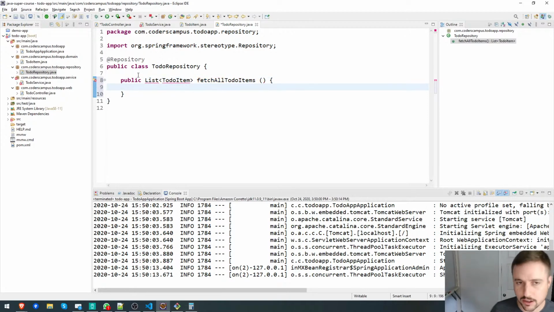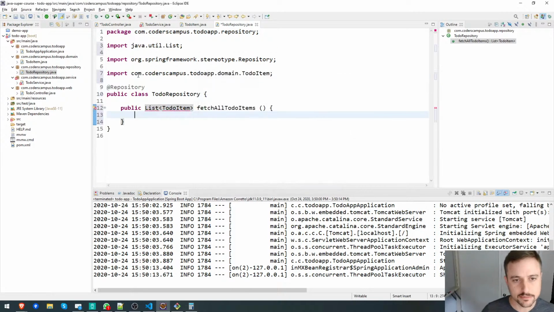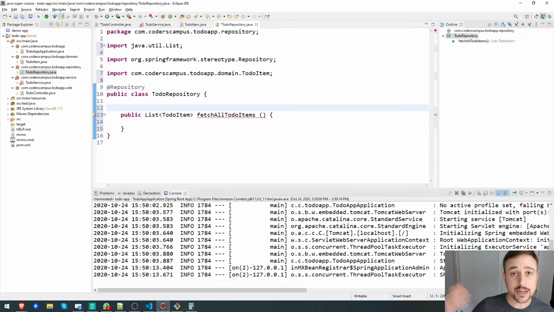How do we get all of the to-do items? Well, I'm glad you asked. For now, again, normally we'd actually interact with a database here. That's the whole point of a repository, to interact with a database. We're just going to store this as a list up here. So we're going to have an instance variable, I should make it private,